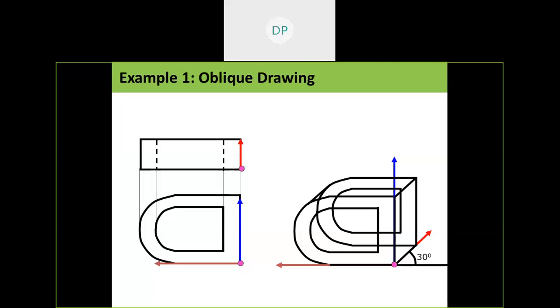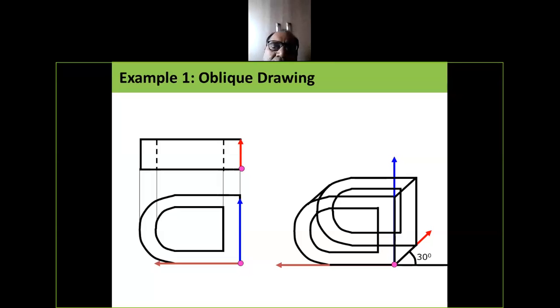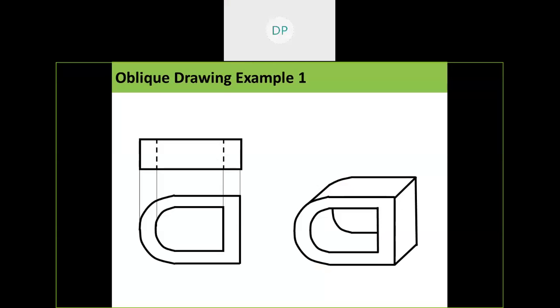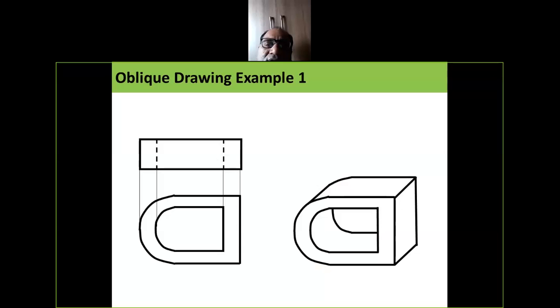All the details are made by taking the help of the side view and top view. The shape comes in front, and then by making a 45-degree angle, we make the depth.